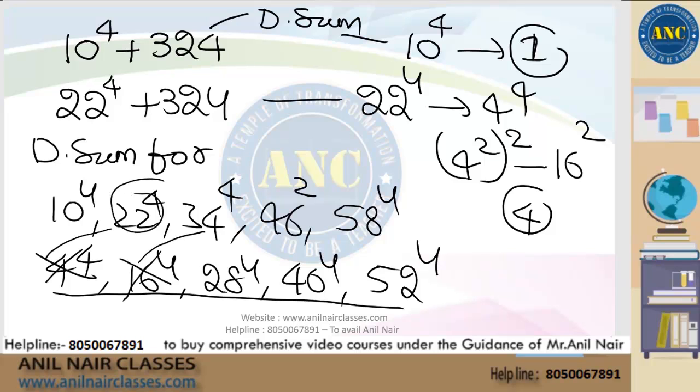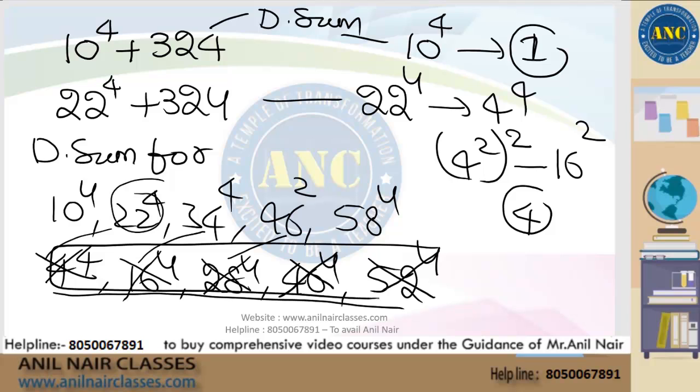16 and 34 difference is 18. You don't need to do it for 16 power 4. 28 and 46 difference is 18. These are eliminated. The last one is 40 and 58, difference is 18 in the base, so it is 52. For 34 and 52, only the upper digital sum is enough. I hope it is clear. Idea is clear, right? Any doubt in this question?